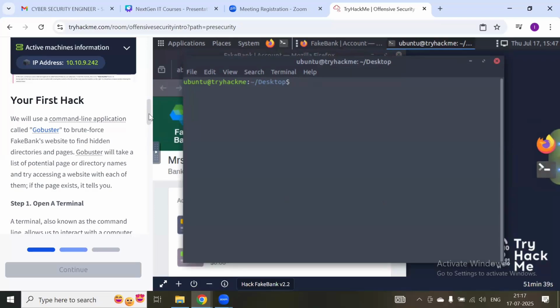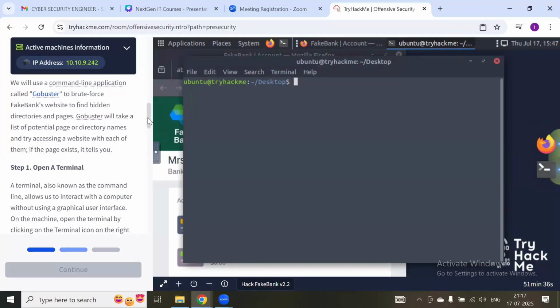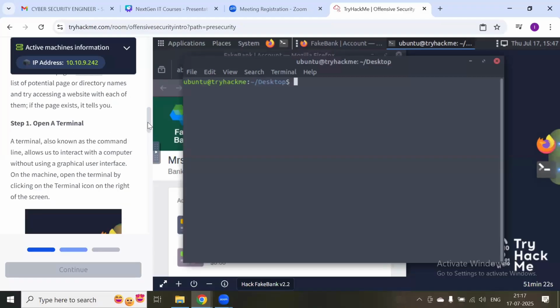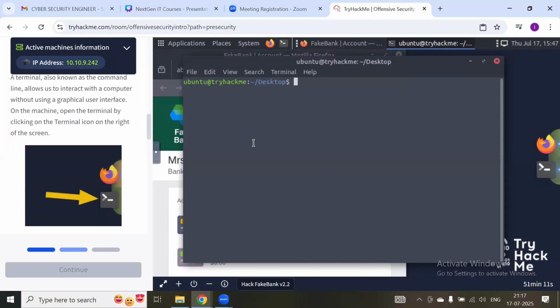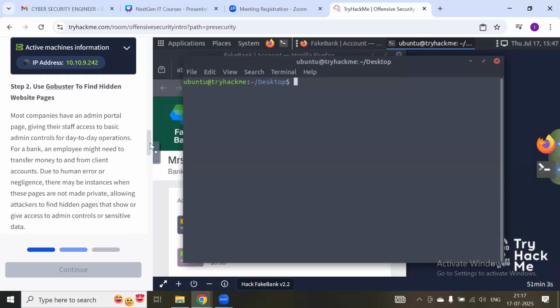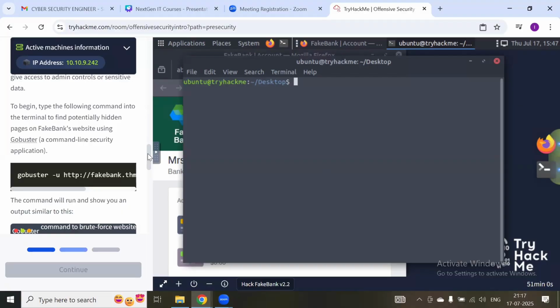we'll be using the command line application known as Gobuster. Gobuster hits the application and sees if there is any page which is vulnerable to the brute force attack. Using the script and the password file, it will try to log in to any vulnerable page belonging to this particular application and see what comes up. So this is a terminal. If anybody is not aware, this is the terminal on a Windows machine. We can use PowerShell, we can use command prompt. So this will be used to see if there is any hidden page in this